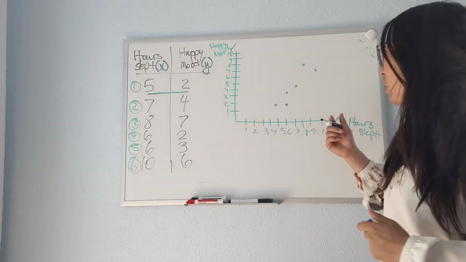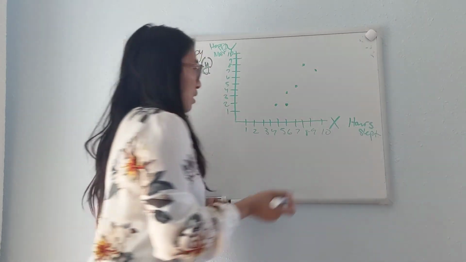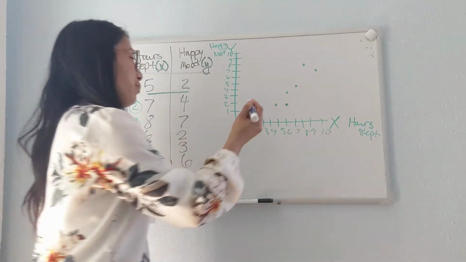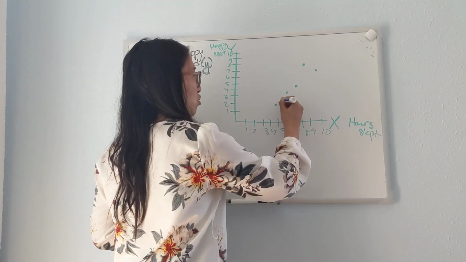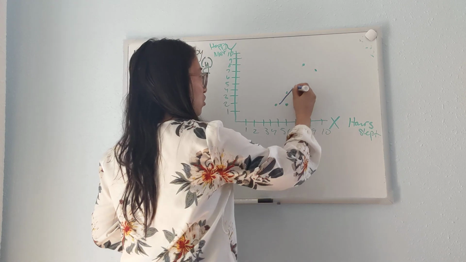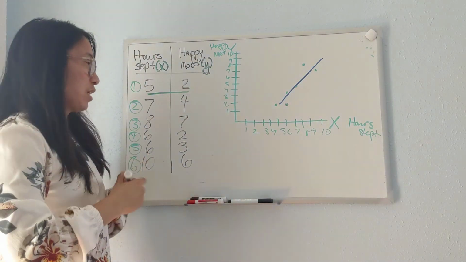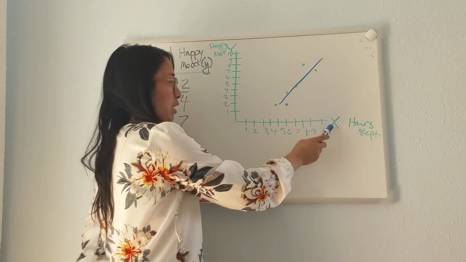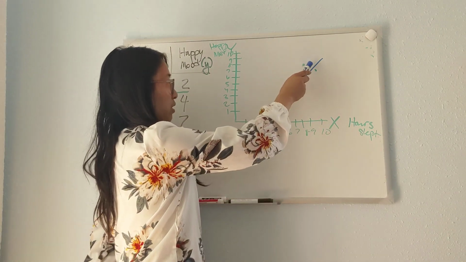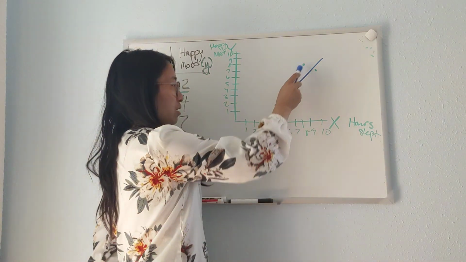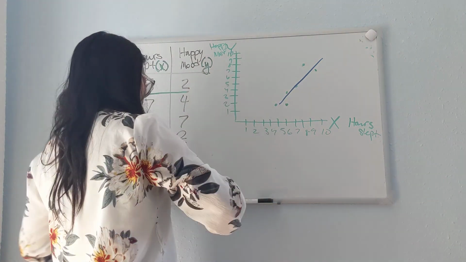So this is a positive correlation, right? You can see I'm going to broadly draw a trend line here. So it's positive, right? Because with any increase in x, y is also increasing. Okay? So if it was a negative correlation,